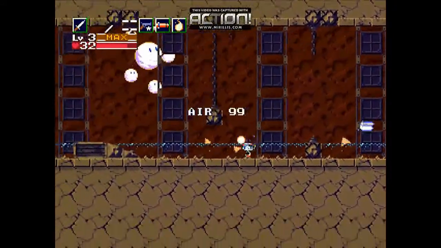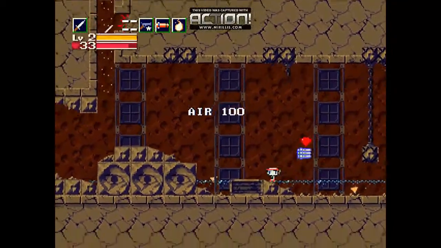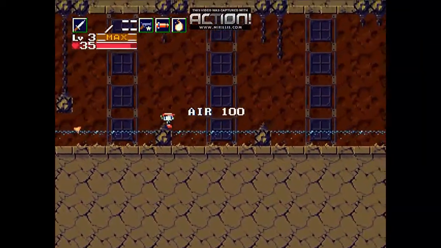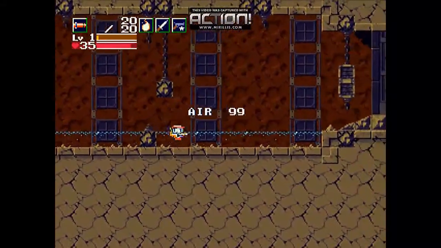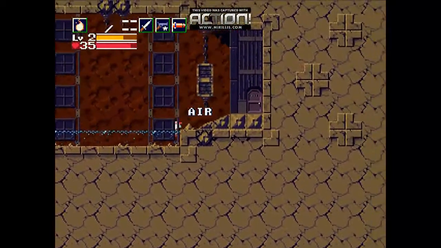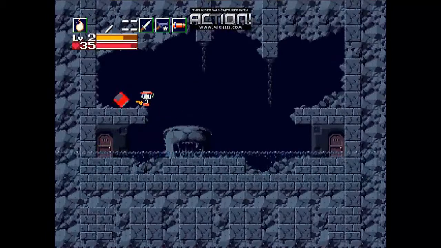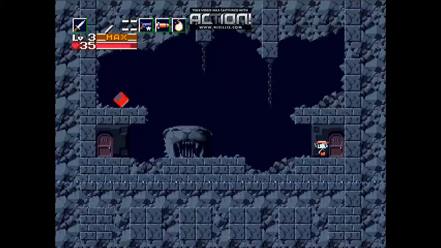That's about where you want to be. If you're really good at the game or something, you might be able to handle it on 20. I probably could handle it on 20, but I'd rather not test my luck. 35 is going to be about right. It'd be good if your missile launcher was at level 3, but whatever. Who needs it? Too lazy to grind XP. I had to kill that thing a lot of times before that worked, so...